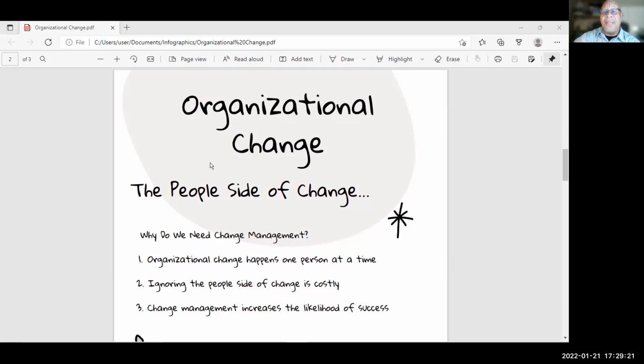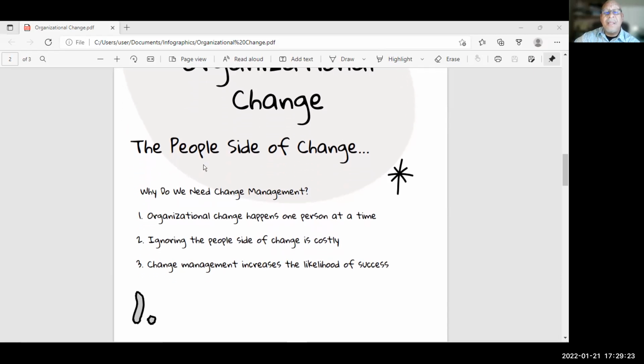Why do we need change management? Organizational change happens one person at a time. Ignoring the people side of change is costly. Change management increases the likelihood of success. Each of these are working up to both objective and subjective, quantitative and qualitative components that demand the investment in